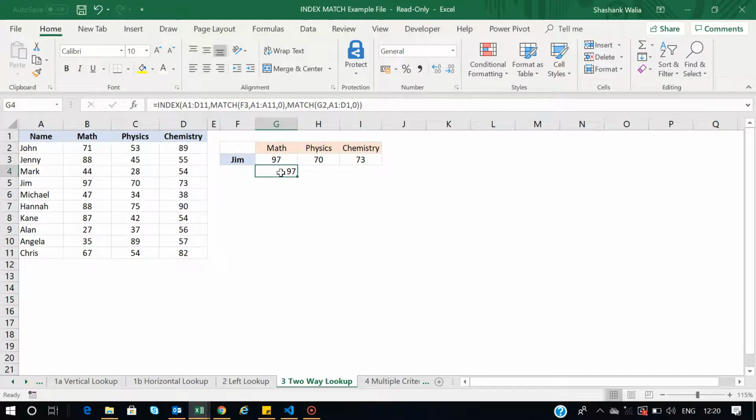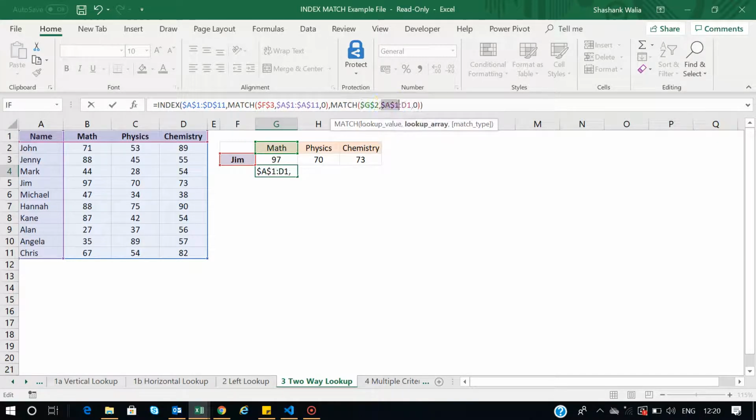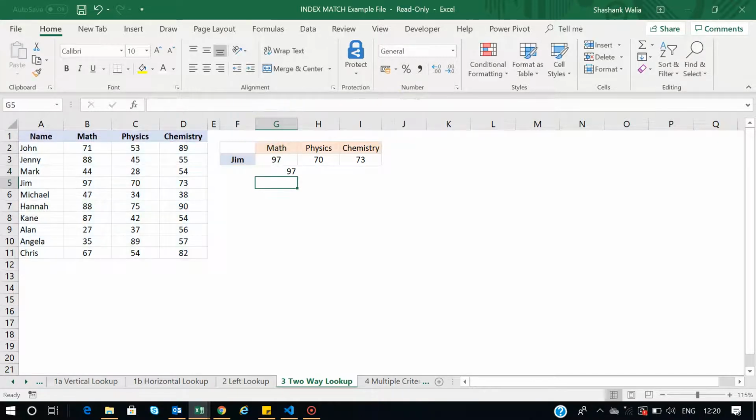If I just copy this function to the adjacent cells, it will automatically give me the output. To do that, you should always lock your values, which we call absolute references. If I lock these values, it will be easy for me to shift my formula from one cell to another by simply dragging to the different cells, right? So this is how these functions are working.